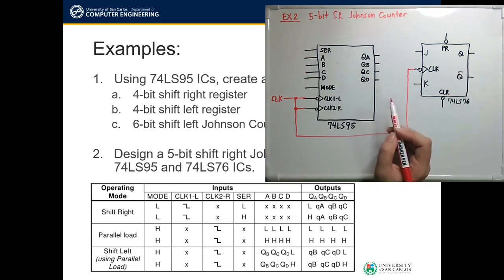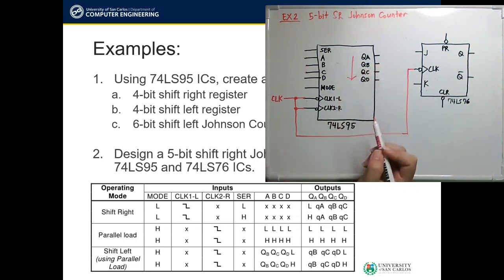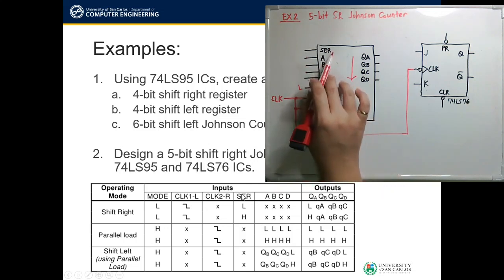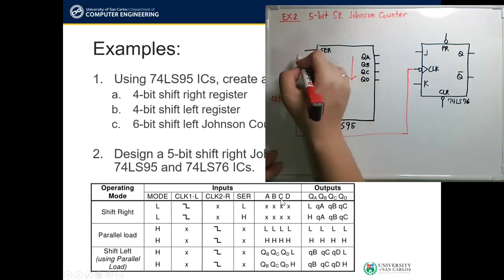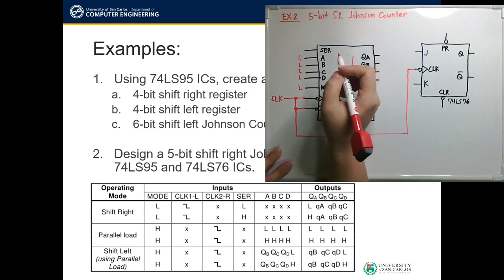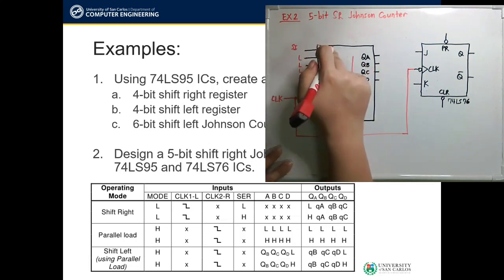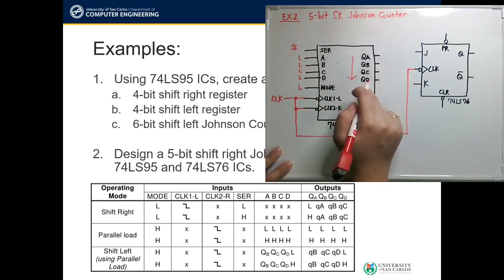And since we are using the shift right operation, the direction of our shifting goes this way. So our mode must be low. We use SER as our shift input. In this case, we don't need to use the parallel inputs, so we can just simply tie them to ground. So just to temporarily label things, this must be our shift input, SER, and the shift output of our